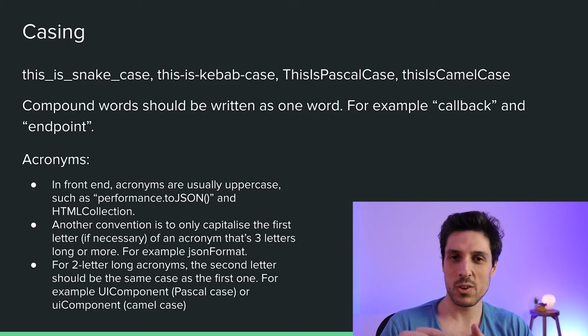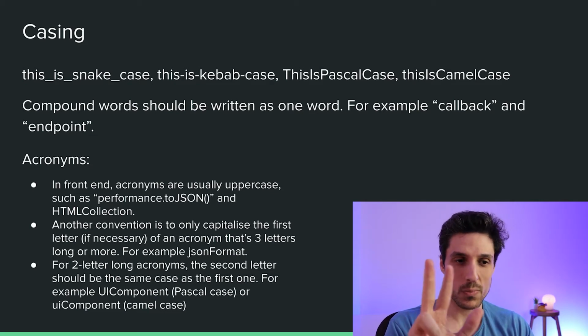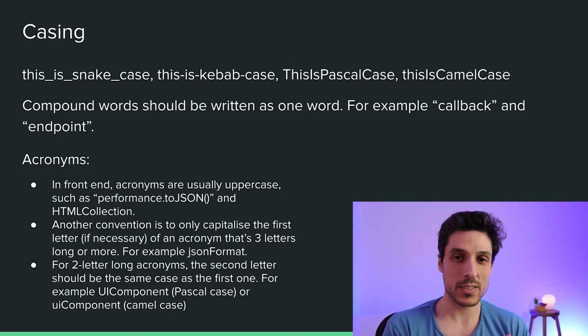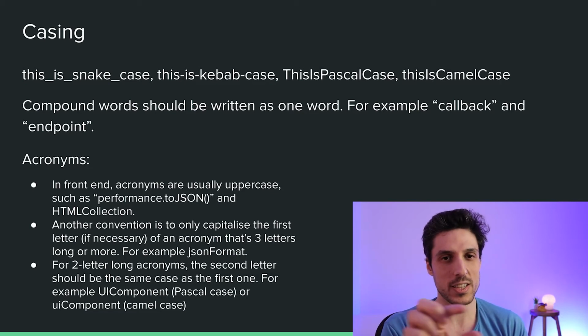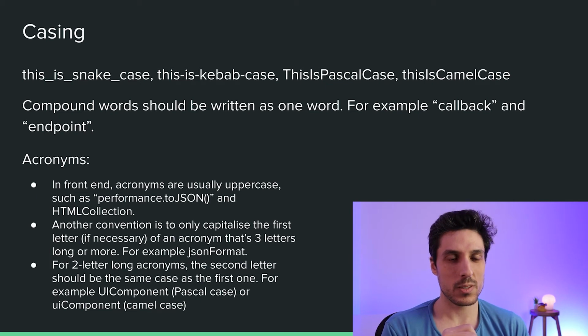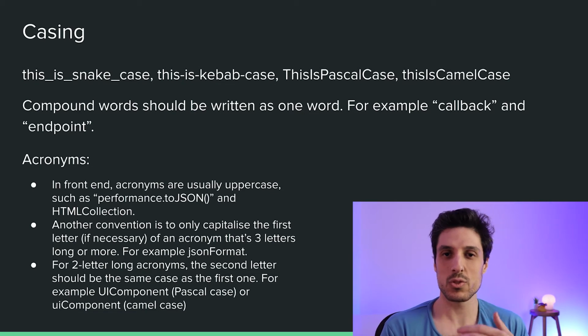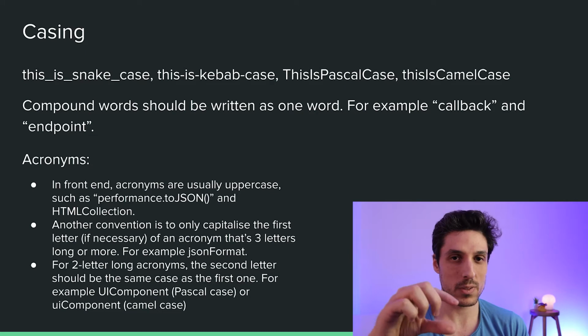But a convention they have in .NET that I think is quite nice is, if an acronym is 3 letters or longer, okay? So for example, HTML is 4 letters, right? Then in that case, only capitalize the first letter if you need to, right? So for example, with HTML tag, if you used camel case, HTML would be lowercase. And if you used Pascal case, the H in HTML would be uppercase, and then the TML would be lowercase,